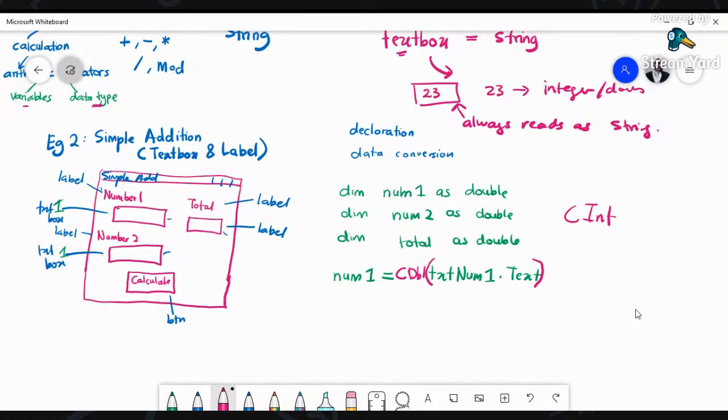Okay, so if you just declare like this, num1 equals txtNum1.text, there will be an error because num1 here is a double, and txtNum1 here is a string. So double is not equal to string. So we need to have a data conversion by putting CDBL, which is convert to double, in front of the txtNum1.text. So similar things with num2,